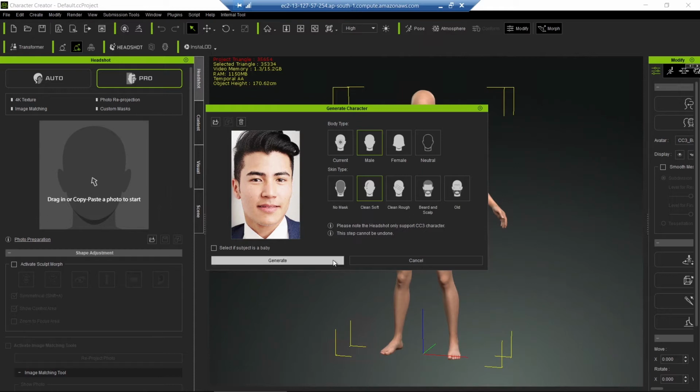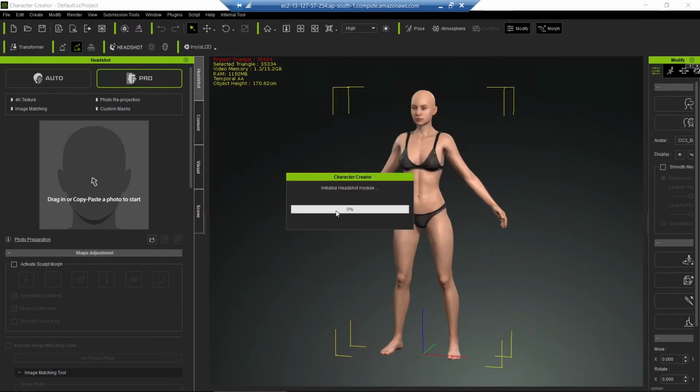So generate. It will take around 30 seconds to map your face and create the mesh structure of the face. So it's creating your mesh structure. Let me just wait a little. And for the part that we will be working on, this is how we are going to give you this kind of information for walk-in.